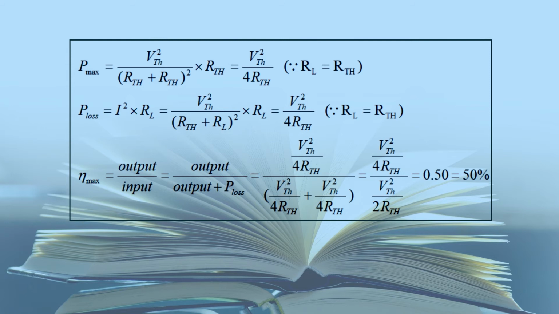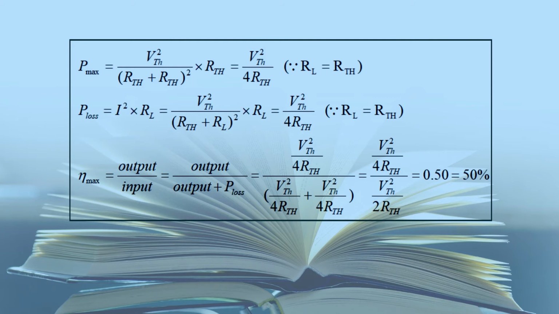So whenever it is asked to find out the value of the maximum power transfer in any given circuit, what you have to do is, as you know the formula P max is equal to VTH square upon 4RL, that means you have to find out the Thevenin voltage, and at the same time you have to find the load resistance. And how to calculate the load resistance? Load resistance is equal to the Thevenin resistance. That means you also have to calculate the Thevenin equivalent resistance of that particular circuit.